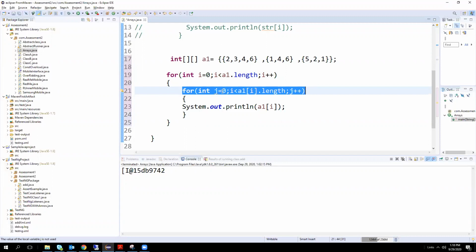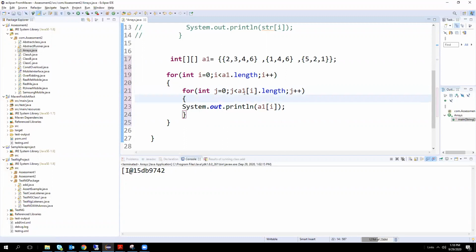Here j is equal to 0, j less than a1 of i dot length. With i as 0, a1 of 0 dot length gives the length of this array. What is the length of this array? 0, 1, 2, 3, so total 4. So it gives 4.